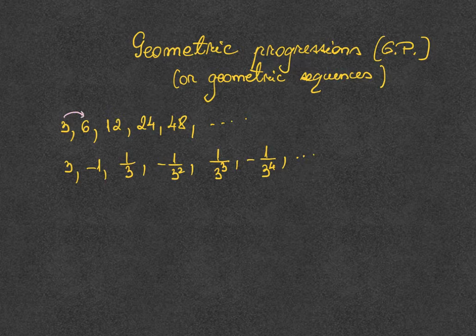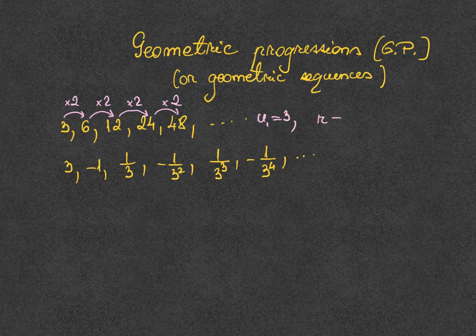Every term is obtained from the previous one multiplied by 2. This makes the sequence geometric. In this case, u1 is 3 and the common ratio is 2. We generally use the letter R for the common ratio, same as we use D for the common difference, but it doesn't really matter. Look at the second one,